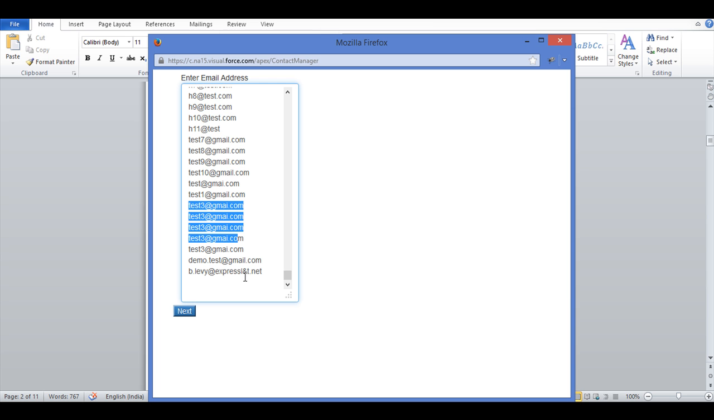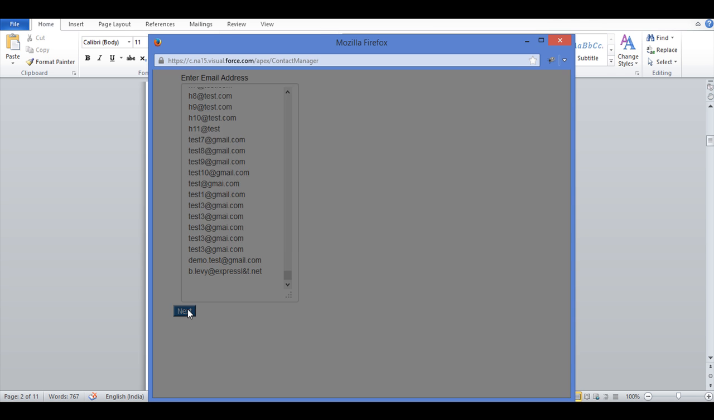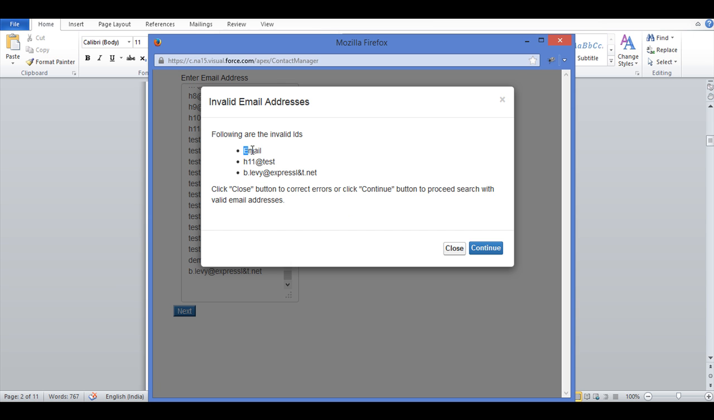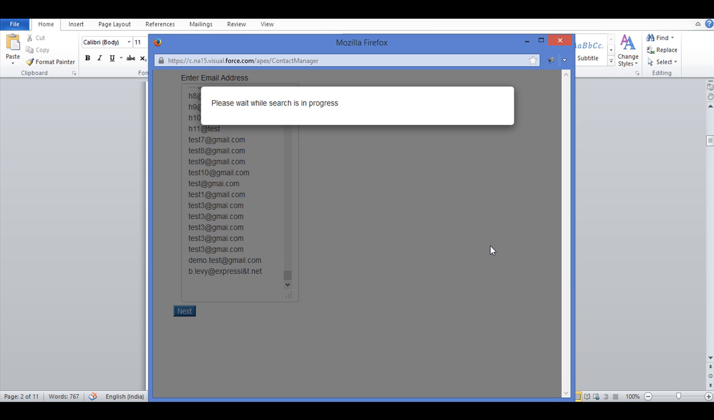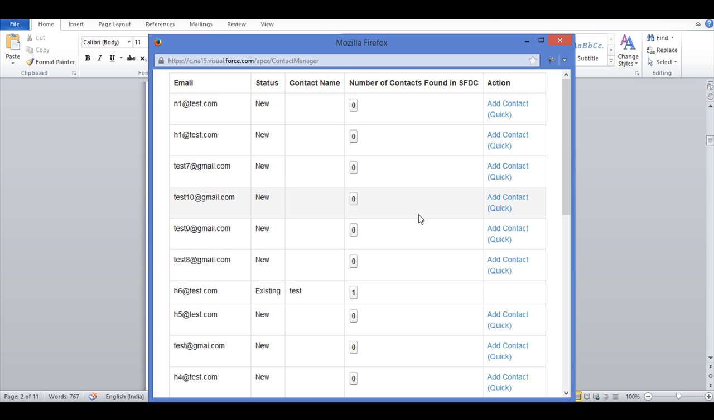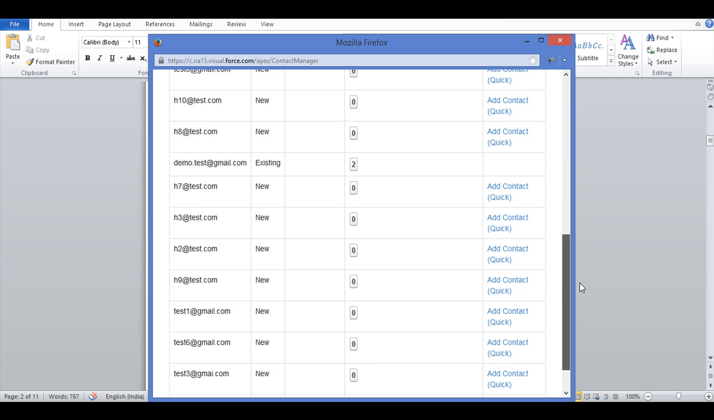So if I now click on this next button, an error would be shown to the user saying that this is an invalid address. I will simply ignore it and continue with all my valid addresses. So this is the page which is shown to me,